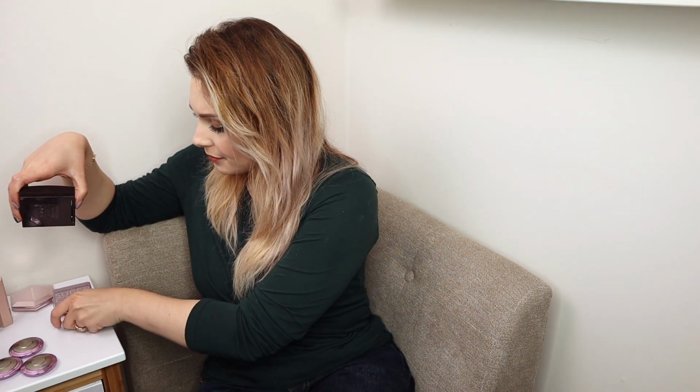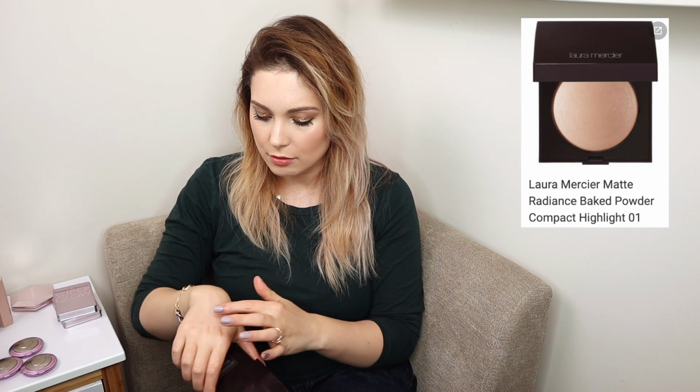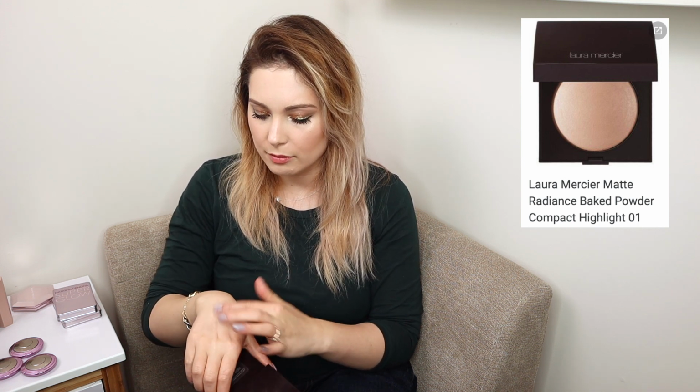The other favorite that I have is the Laura Mercier Highlighter 1 Baked Highlighter. This is the second one I've owned. And this is good, obviously, because it's so light that it sits very well on my skin tone. Again, pretty light base, gentle glow, not like Natasha Denona, but I could probably do with like these two. I could just probably have 2 highlighters and be happy with it because this is more natural glow, subtle, beautiful highlight, and this is more shine. So those 2 could be the only 2 that I need, theoretically,